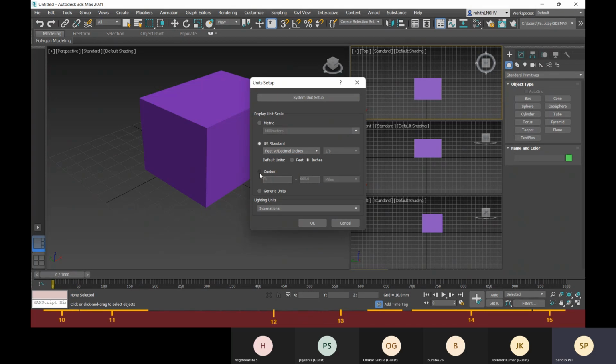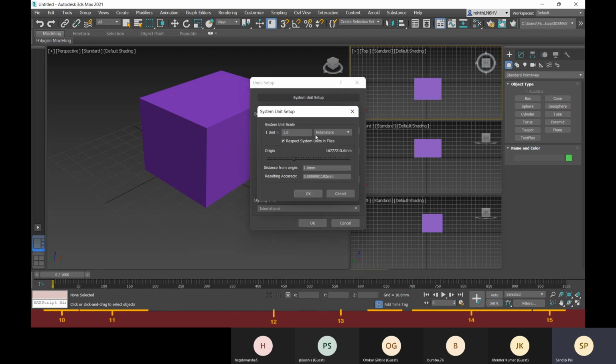And you have this custom unit. FL is your full length, and you can define what unit full length is equal to, as per your settings. This is custom as per the user. And you have this generic unit, which will be your system unit.